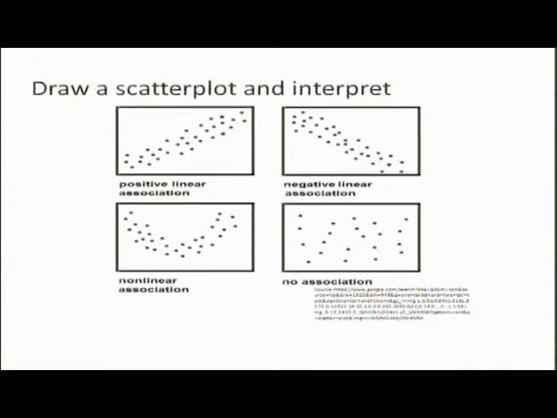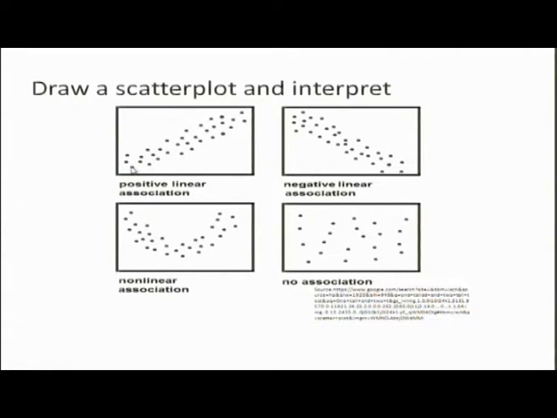These are 4 possible patterns. Many other patterns are also possible. For illustration of positive and negative relationship, I have shown only 4 plots. In all 4 cases, the dependent variable is shown on the y axis and the independent variable is shown on the x axis. Now, what does this show? This shows that as the values of x increase, values of y also increase.